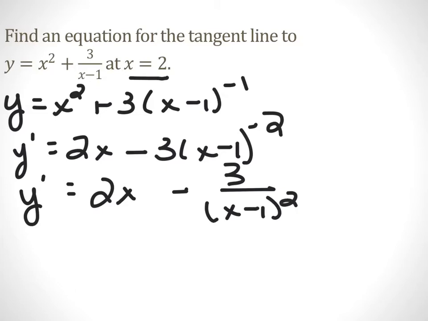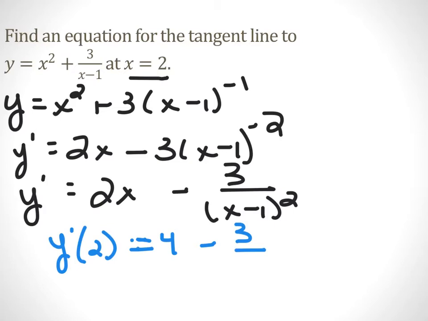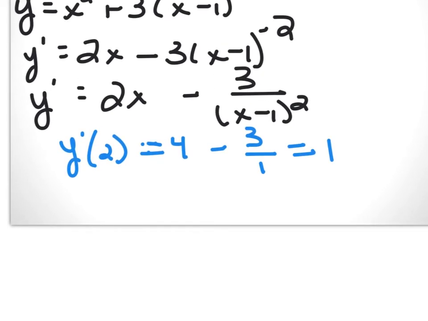Now, we are looking for an equation of a tangent line when x is 2. And so the slope of that is going to be the derivative evaluated at 2. So we need to put 2 in here. So let's go ahead and do that. Y prime of x is 2. So we get 2 times 2 is 4. Minus 3 over 2 minus 1 is 1 squared is 1. So 4 minus 3 is 1. That is telling us that the slope, and we can write slope or m, is 1, and we're going to